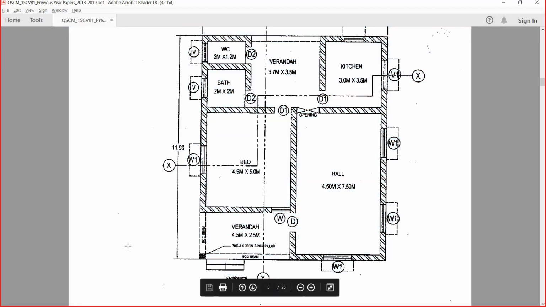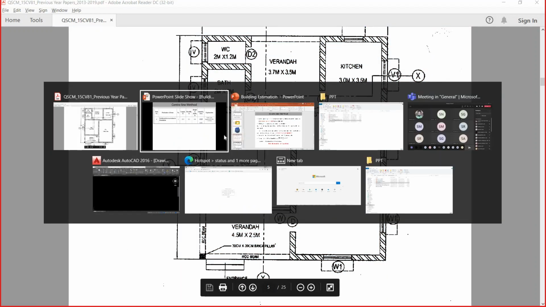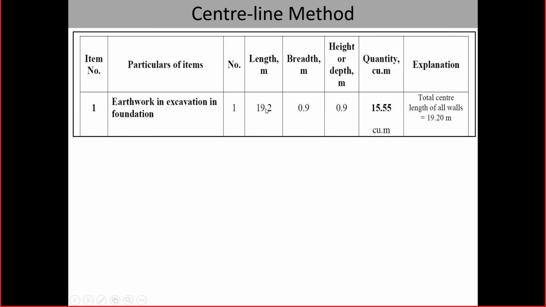If I calculate everything, if I add up everything, I'll get one value, which is nothing but, let us assume, 19.2 meter as the total length. Of course it's a different value, but let us assume I've got it as 19.2. Total length multiplied by width of excavation. Let us assume the width of excavation is, yes,